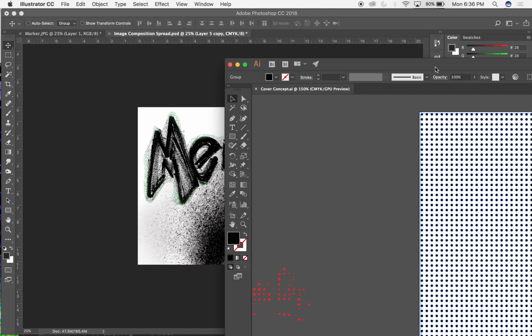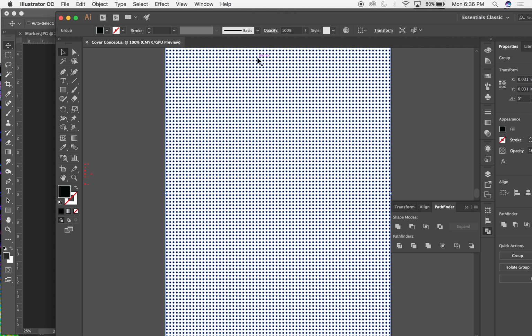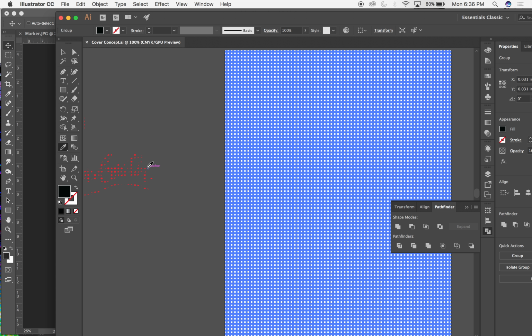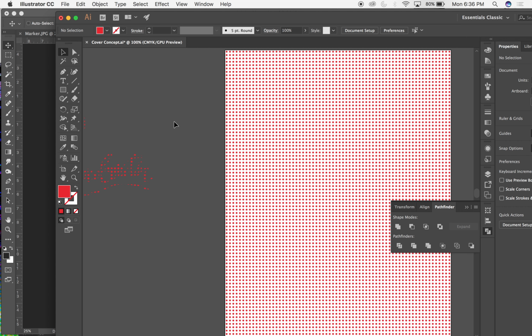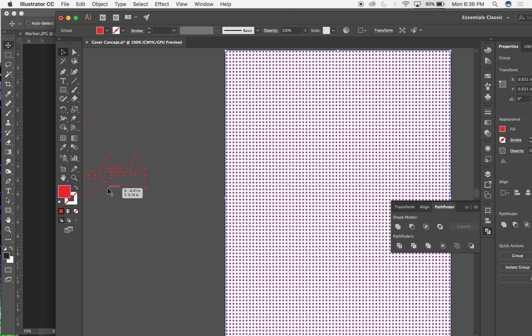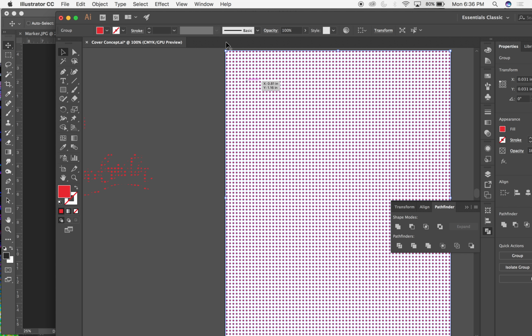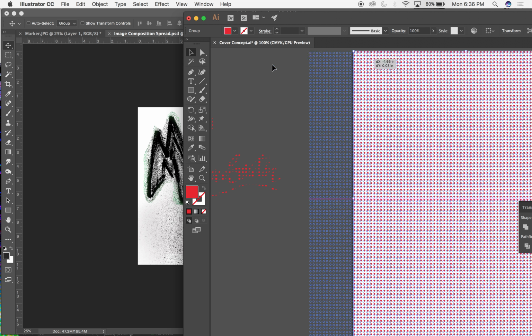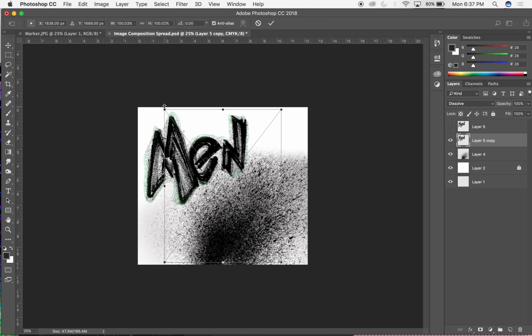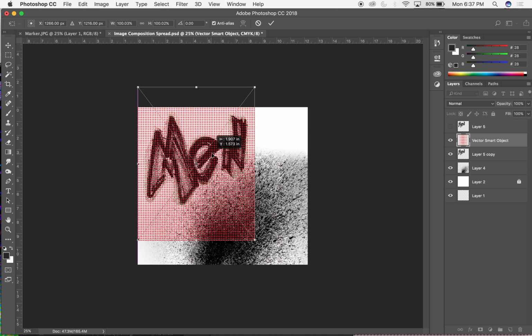So if I go to Illustrator, I have my pattern that I used on the cover for this, and I have a color that I need to pull. So if I take my eyedropper, I had all my text selected here, and I have this color here on the side with the eyedropper. I just selected it and changed all of these dots here to approximately 100% magenta, 100% yellow, almost. But this vector object, I'm just going to drag it over into Photoshop. I'm just going to use this as a texture,